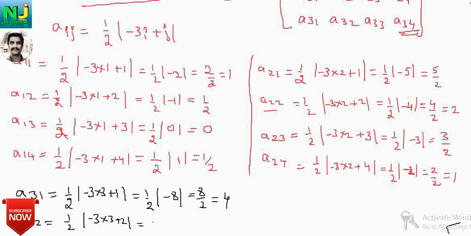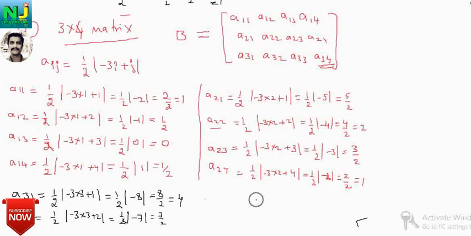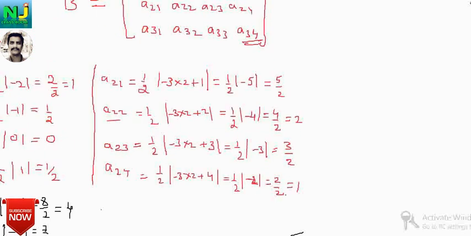So what is the answer? Minus 3 into 3, 1 by 2. Let us write first outside the bracket, then inside the bracket, that is modulus: minus 3 3s is minus 9. Minus 9 plus 2 is minus 7. So what is the modulus of minus 7? You must write 7. 7 by 2 is kept as it is. So now we go for the next one. What is the next one? Just a minute.